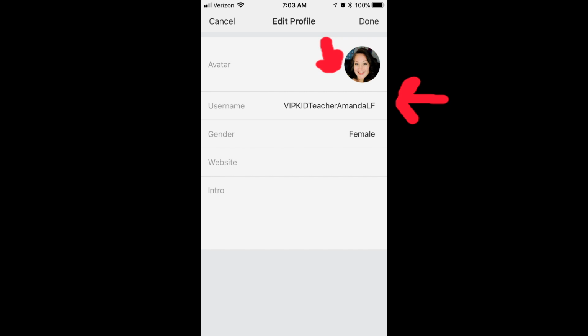This is where you're going to modify your username, upload a different picture. You can do a little intro. You can put in your typical availability. You can put in your education. You could just copy and paste your VIP Kid profile paragraph into this as well. So this would be the place to go and edit that stuff in Weibo. You can add followers just like on Twitter,